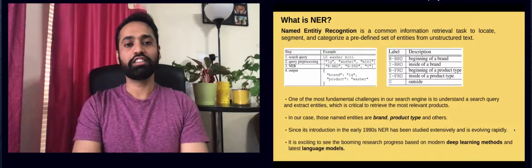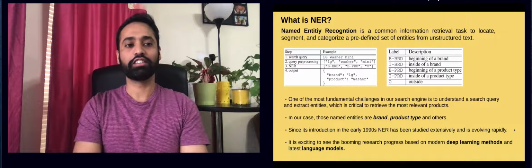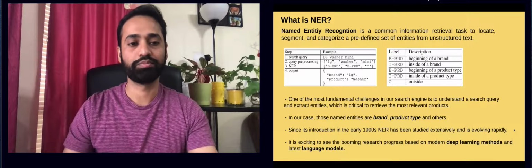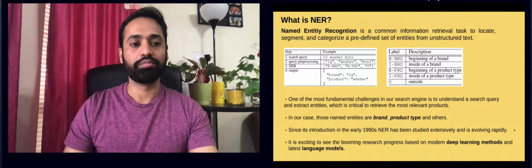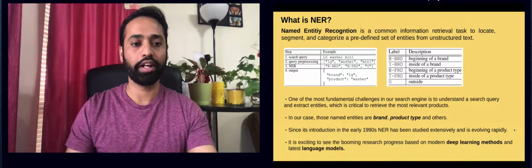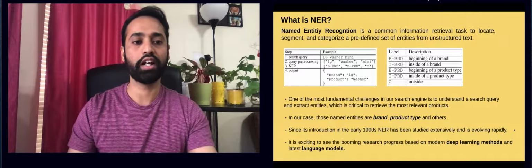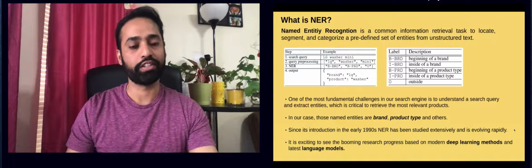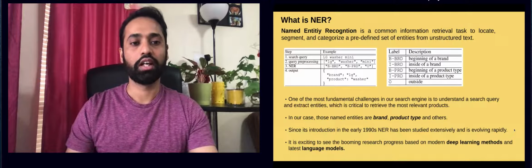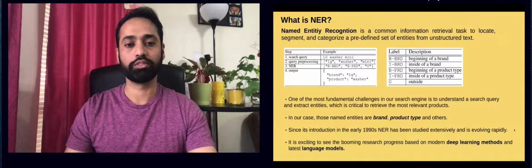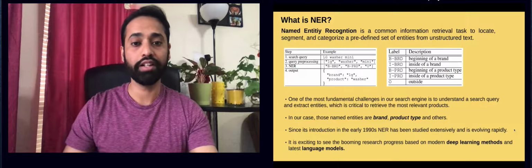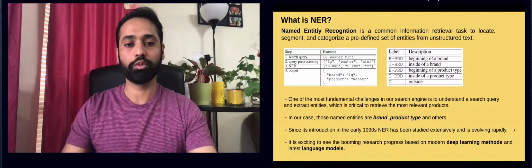Named entity recognition is a common information retrieval task to locate, segment, and categorize a predefined set of entities from unstructured text. Just to exemplify, "LG washer mini" is one of the search queries wherein LG is a brand and washer is a product. So NER will give the output as shown on the screen, brand as LG, product as washer. And since we use the BIO schema in this project, it means beginning of the brand, inside of the brand, beginning of the product, inside of the product,